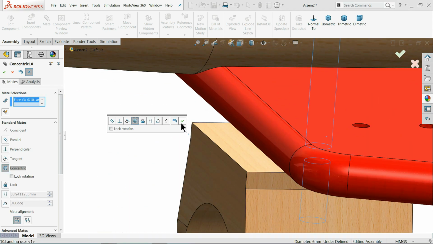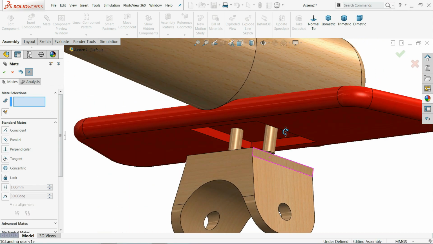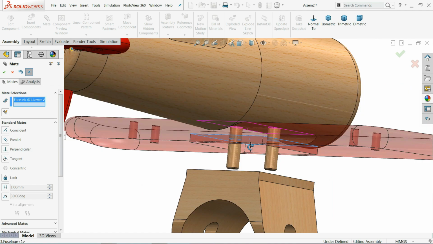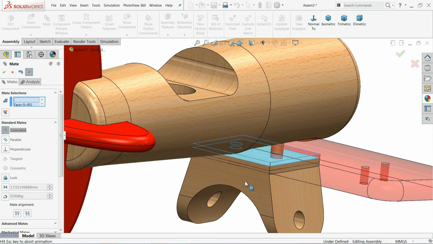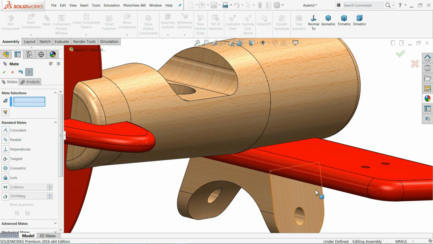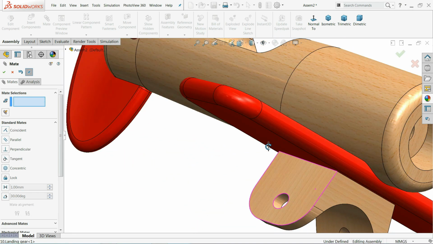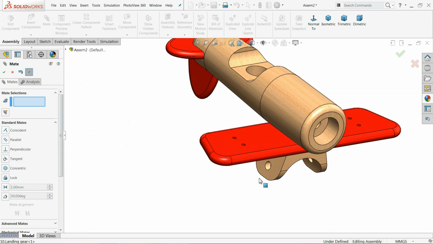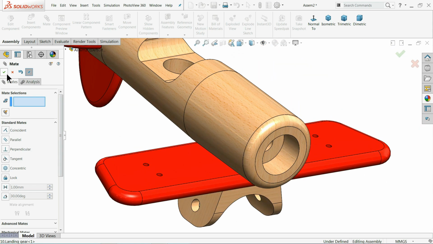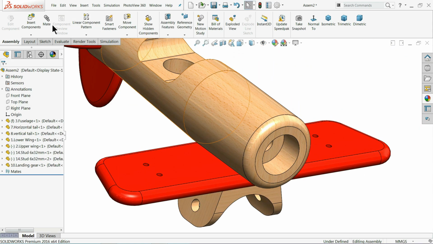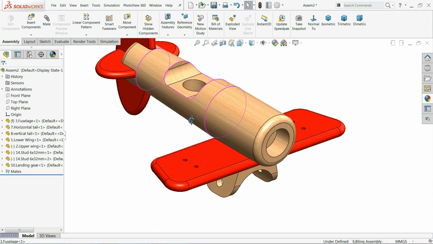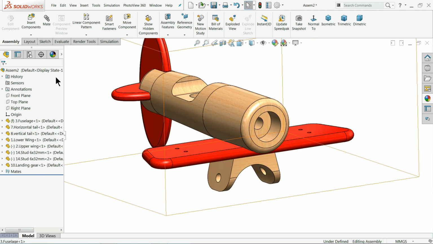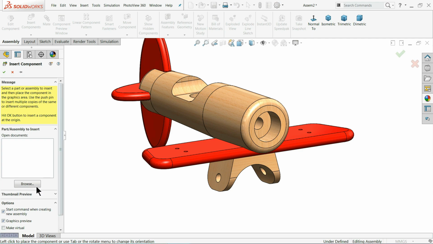Now select inside wall and this. Coincident relation. Now see, it is fixed in the proper place. Let's fix the bottom things, then we will come upside.